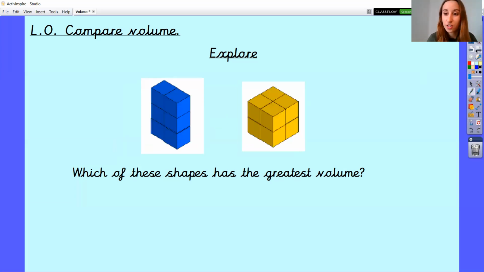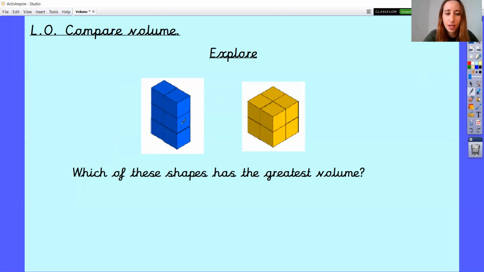Okay, have a look at these two shapes for me then. So I've kept my lovely blue shape there, but I've got a yellow shape to compare it with now. So again, same as before, pause the video, have a think, have a look. Which of these shapes has the greatest volume, and press play when you're ready to talk about it. Okay,